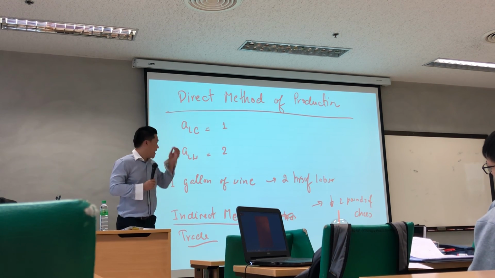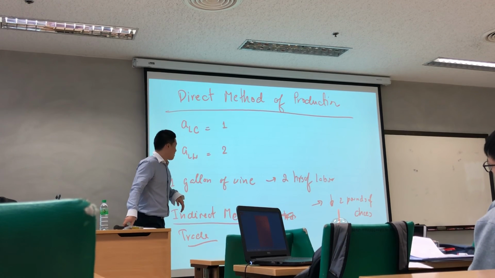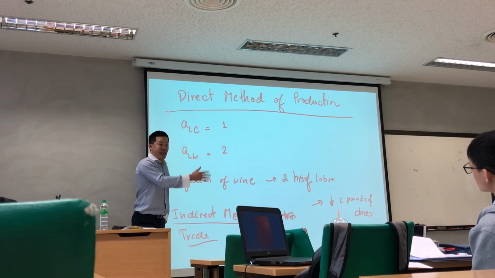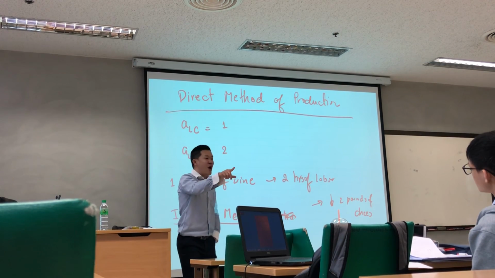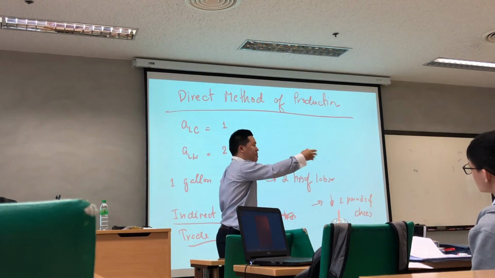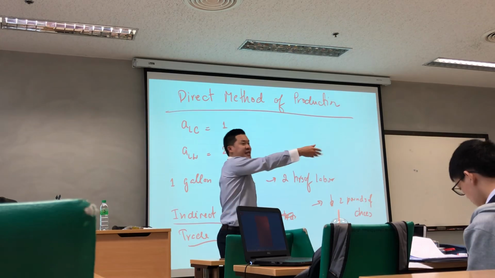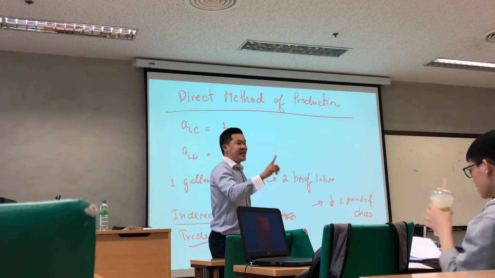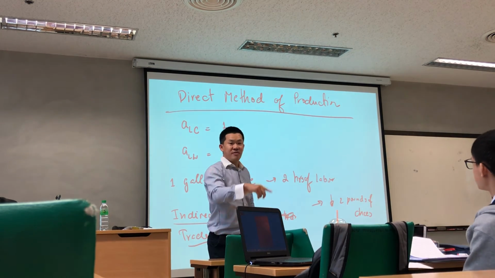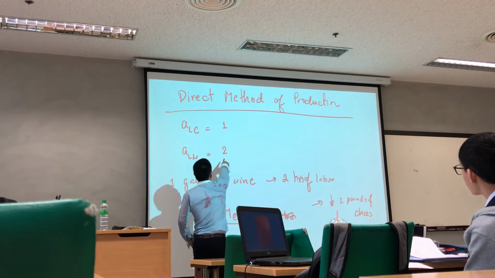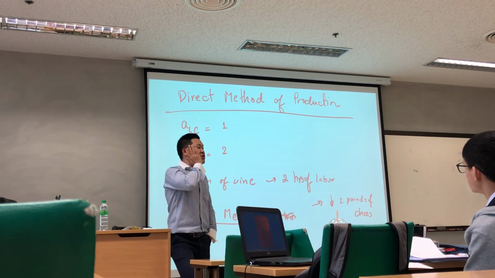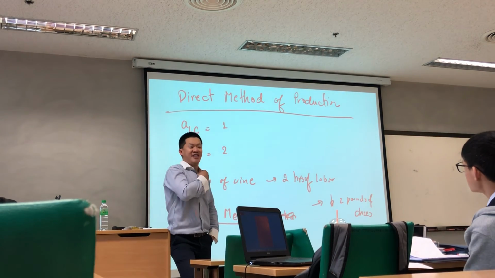Do you understand? Right. Because if you want to consume wine, you produce cheese, right? But the relative price is 1, which means if you export one unit of cheese, you get 1 unit of wine. That's why you produce only 1 unit of cheese. 1 unit of cheese needs just 1 hour. But if you produce wine by yourself, you need 2 hours. That's why international trade is better than